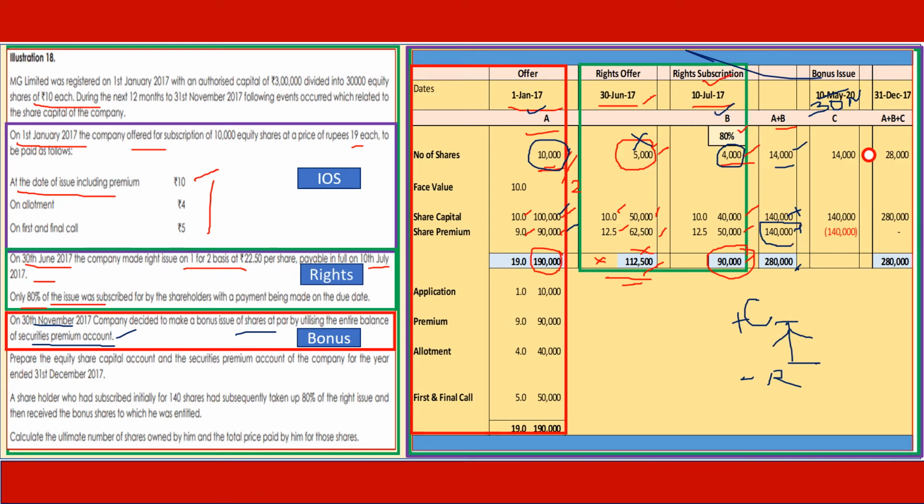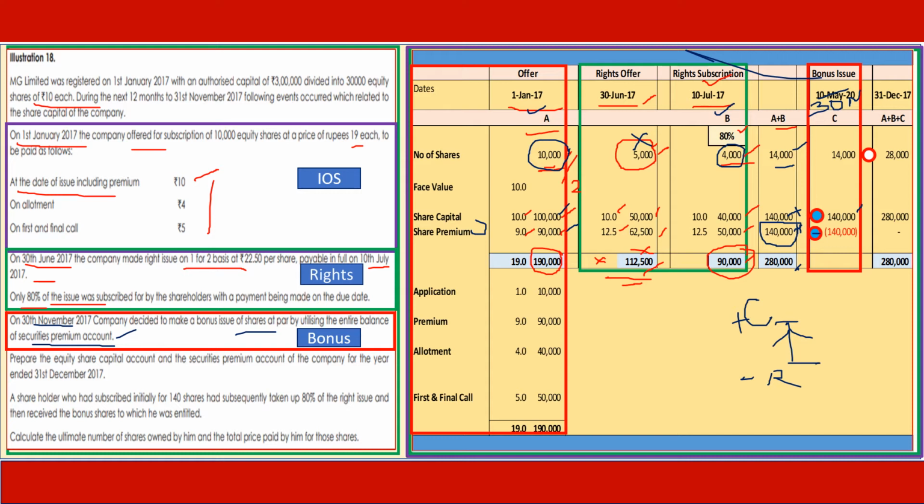1,40,000. What we are going to do is from 1,40,000 of share premium, we are deducting the amount and we are shifting it into capital, or we are converting share premium into share capital, and that process is known as capitalization of profits or issue of bonus shares. We will have a look at the procedure. 1,40,000 is share premium. We exhaust the entire 1,40,000 and that amount is shifted to capital.